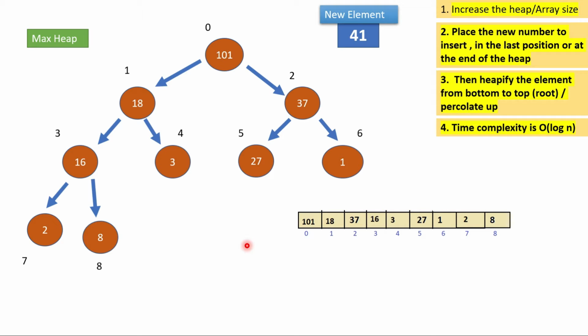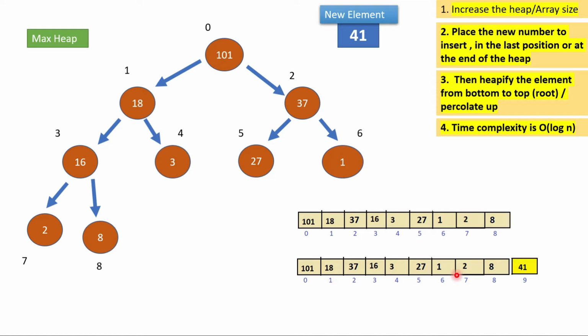So I have to increase one space to accommodate it, if the heap size is already full. Then we have to place the new number at the last position, or at the end of the heap. When the new space is created, we place the new number there.